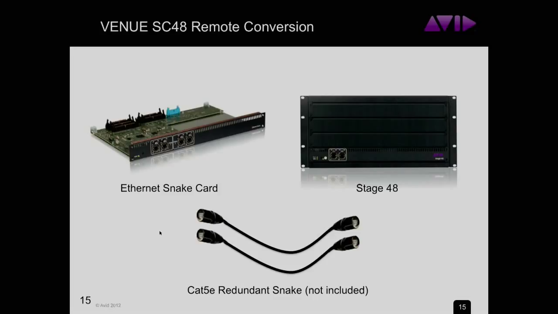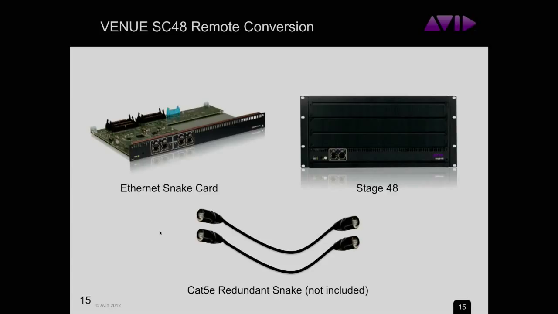So here you kind of see the components of the remote conversion kit. Certainly you would see an Ethernet snake card. You see an empty rack there, essentially just 3 blank panels and the stage 48 snake card. You'll still need a Cat5e redundant snake, have 2 snakes for it. Those are not included in the package, by the way. I want to make that clear. You'll have to go out and purchase those separately. And then there will also be some additional internal hardware that comes with this kit as well, so that you can